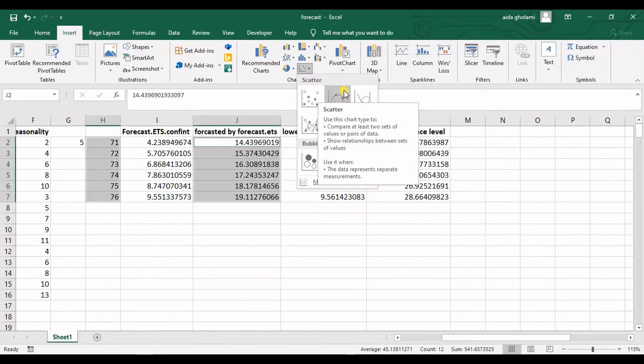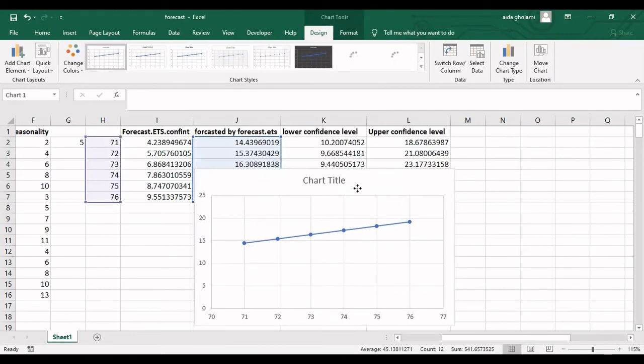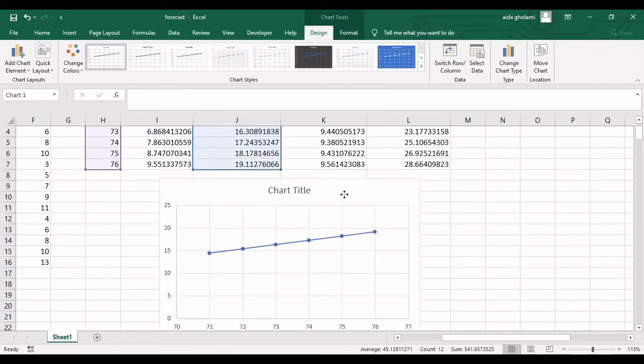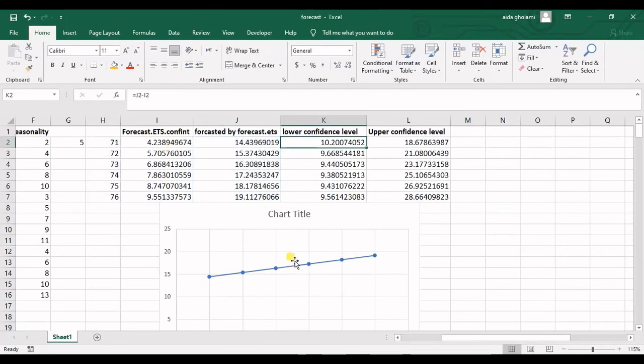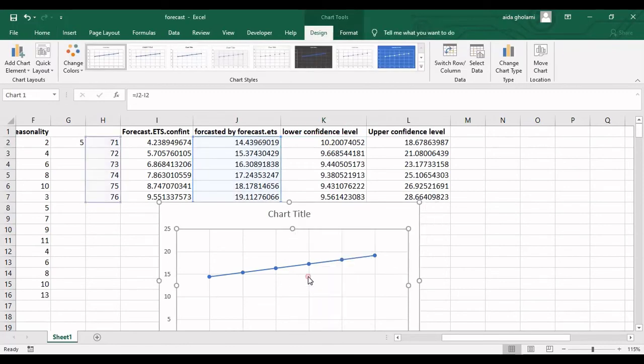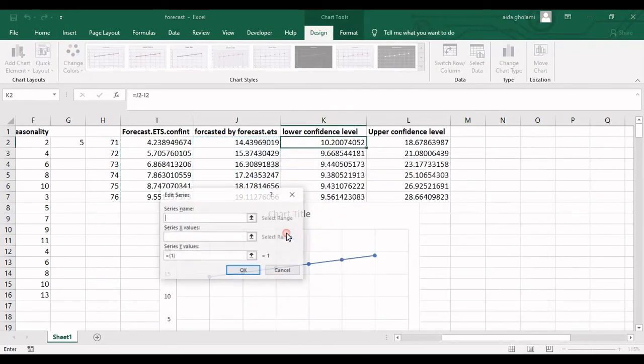Let's say, yeah, this is cool. So I want a scatter plot, and then another set that I want to have is, so I'm gonna add